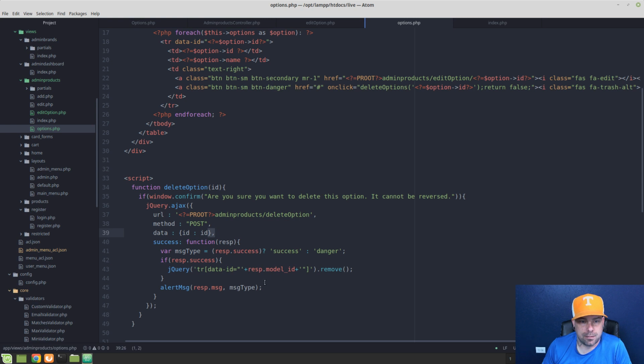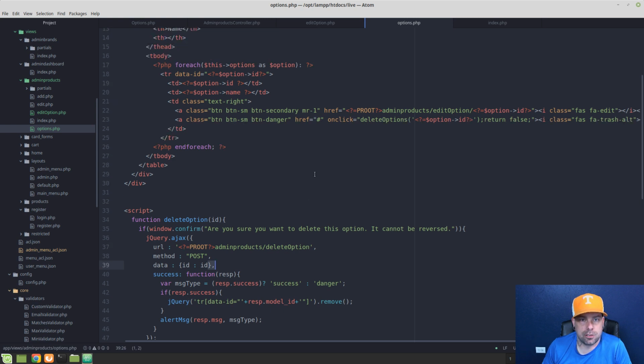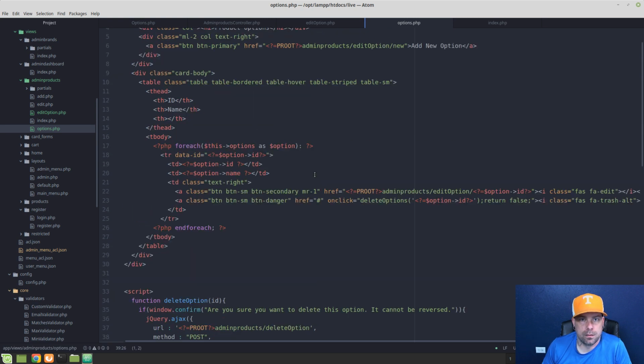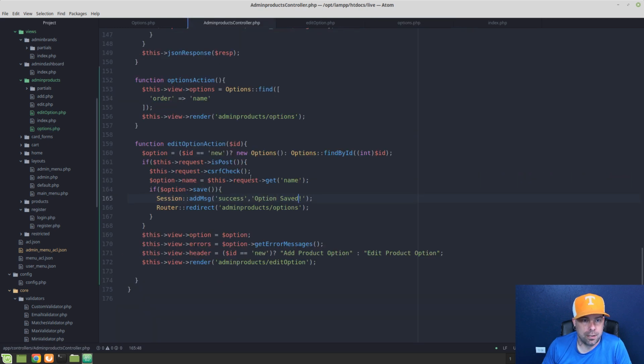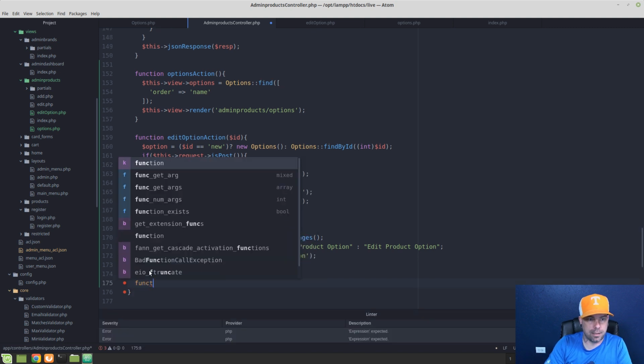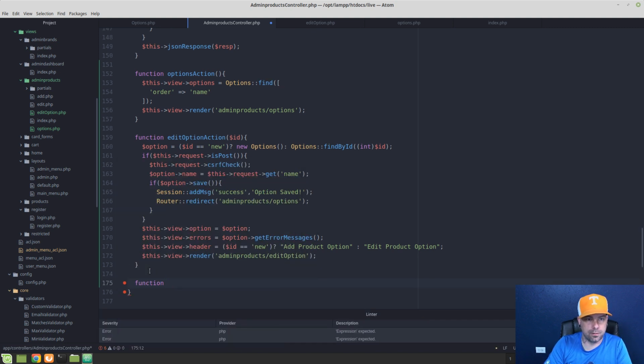So success, model ID, and message. So let's go ahead now to the admin products controller, and this shouldn't be a very difficult action at all. So delete option action, and that will